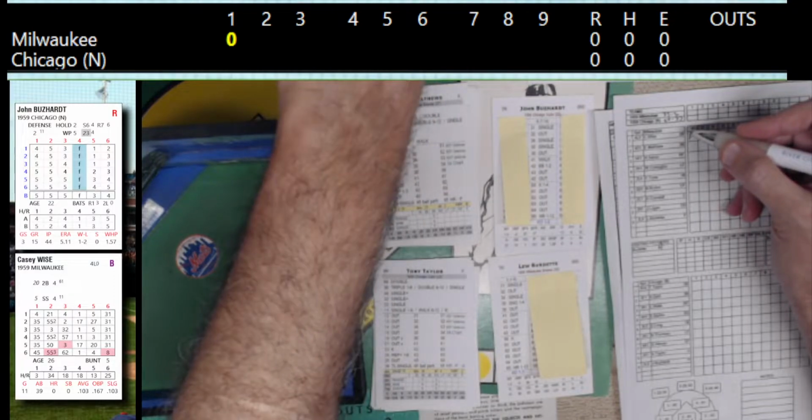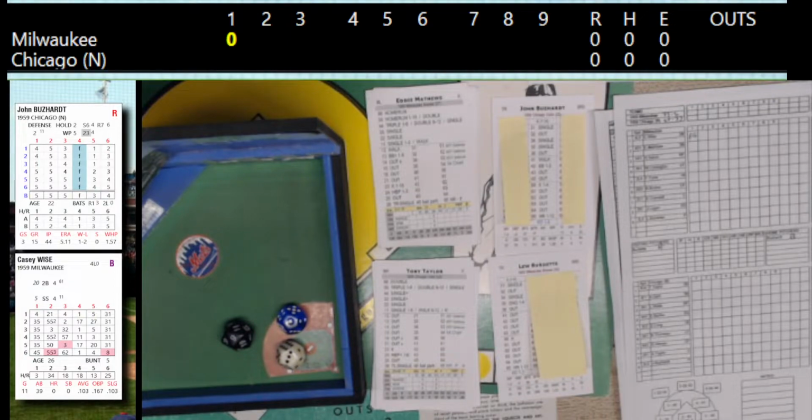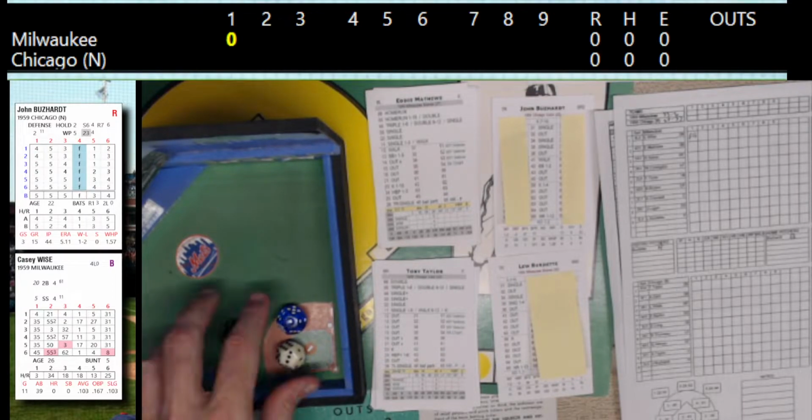There's a couple of things I need here. I got the Cubs stadium, Wrigley Field, and I need to grab the '59 defensive sheet for the Cubs and for the Braves. The Braves are right there. I got the Braves now. I'm going to play about 10 games with this replay, and that's usually what I do here. And here are the Cubs. All right, ready to roll. Again, 1 out.